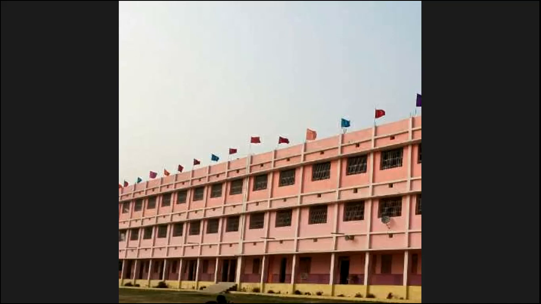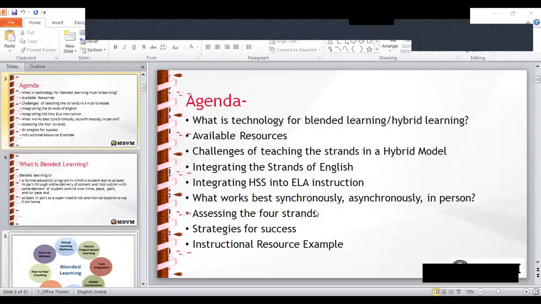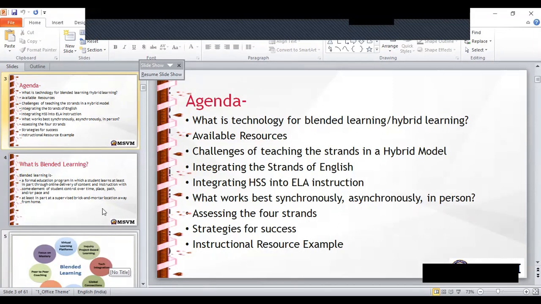So we will go ahead now again. So the next, integrating strands of English and integrating HSS into ELA instructions. What makes synchronization and acquisition in the person? Assessing the 4 strands and strategies for success and instructional resources example. So the next,